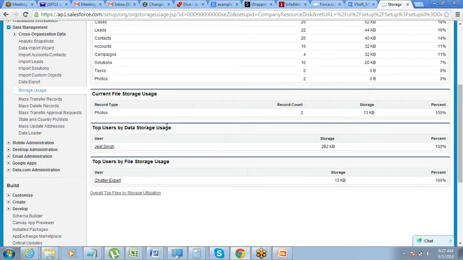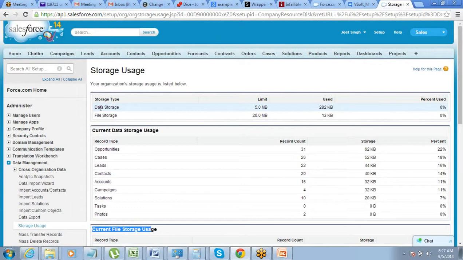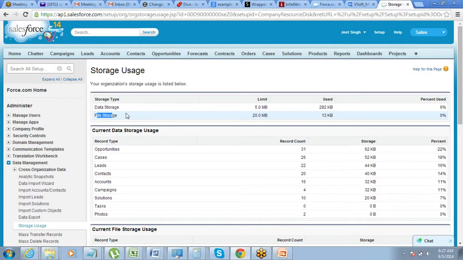And then you have your file storage. So it's not just the data storage that is being talked about. File storage is the storage space allowed by Salesforce for storing your documents and other files. In case you want to store some files, PDFs, Excel spreadsheets on the cloud, which need to be accessed by different people.